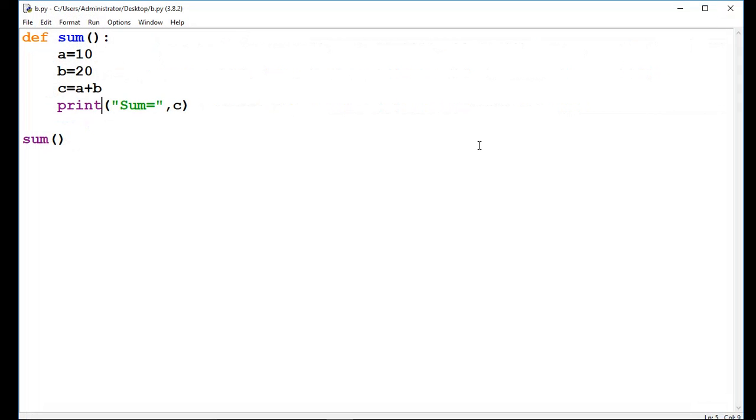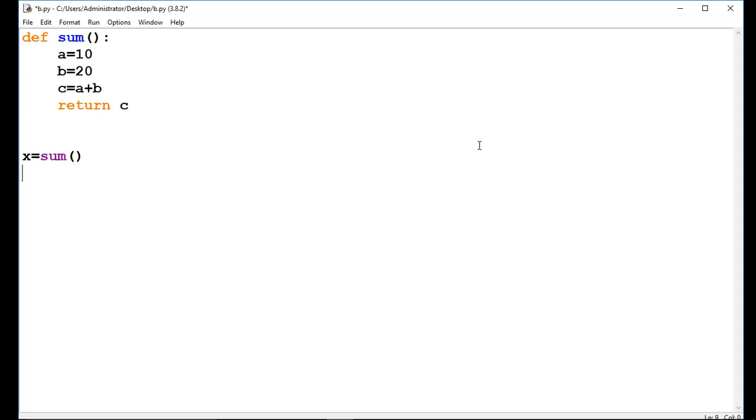But in this case I don't want to print output here. I want to print output with calling. So for it I have to give a variable name. So here I am taking x is equal to sum, and the output is coming inside the block into c. So from here I will return c. Output will come into c, then this c will be returned out to the function. So the value of c will come into x.